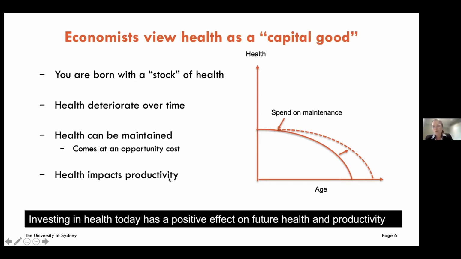The second important point in this model, which I haven't illustrated here, but I'll just make to you, is that when you're deciding how to allocate your time, which is your scarce resource, we can break this down into 4 kinds of activities that you could spend the time on. So the first one is you could work. If you work, you can earn money, and that allows you to buy other goods and services or invest in health, which improves your well-being.